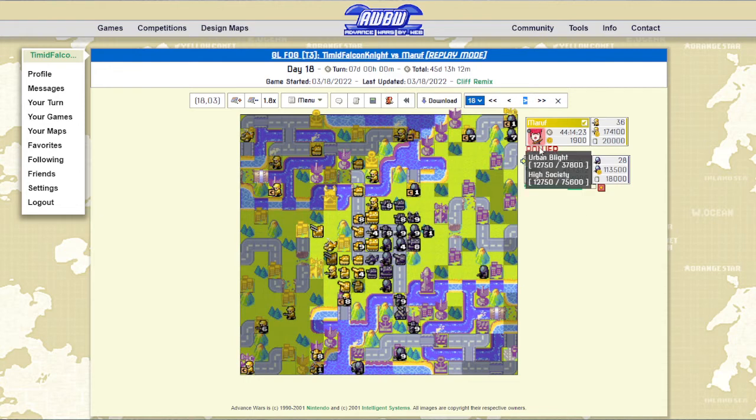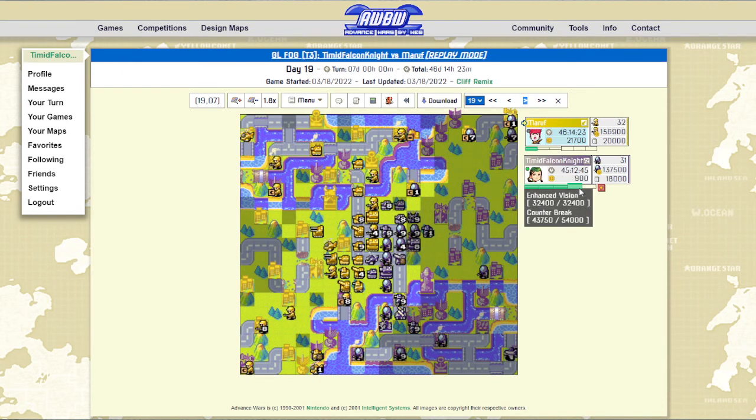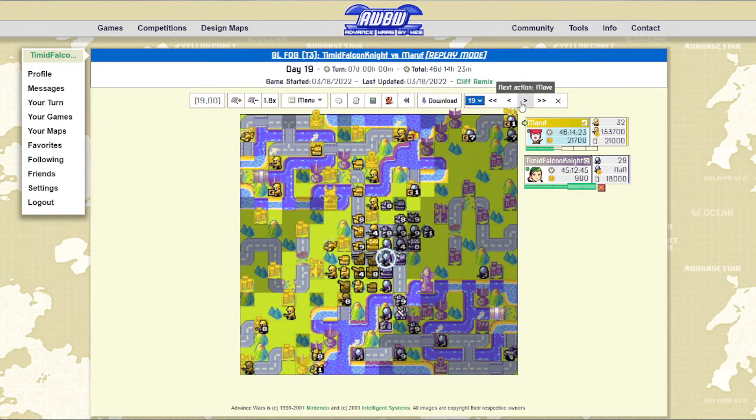But as you can see, Kindle's really good against Sonja, even on just a general map without 2 Comm towers, just because she can spam her Urban Blight, and Sonja sort of needs to wait for her counter break against Kindle. She can use enhanced vision, but it's not powerful enough in comparison to the sort of global damage. And like this